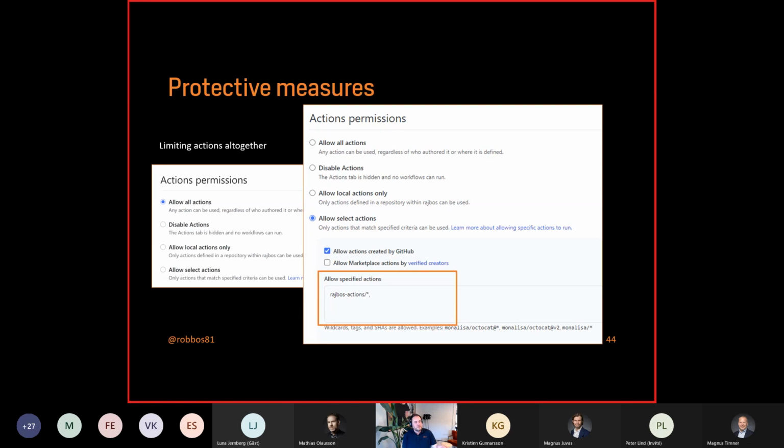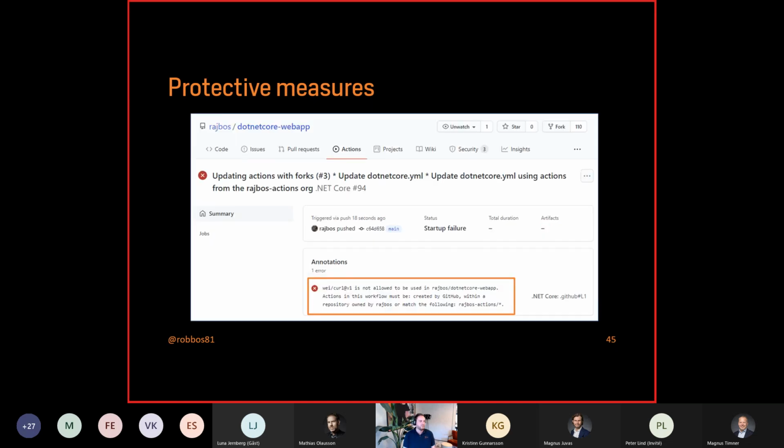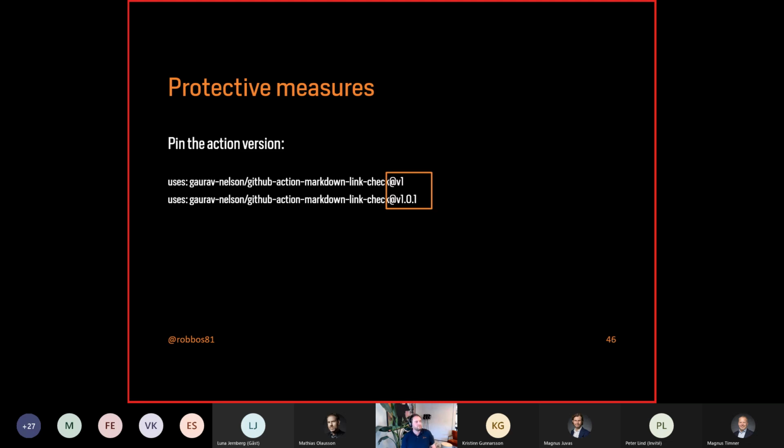At the bottom part, you can even see that they have examples there with Mona Lisa and the AutoCAD, where you can even specify a version number of the action that you allow inside of this repository organization. If somebody uses an action that's not available in the list, even before the workflow is being started, they verify that it can even start and that it can find those actions, for example. Somebody will already immediately get a warning there that says, hey, this action is not in the allow list, please do something about it and get it fixed. So this is a rather good way to protect yourself against those things.